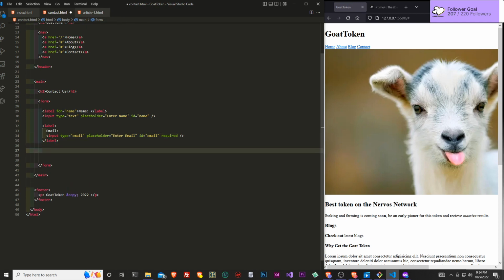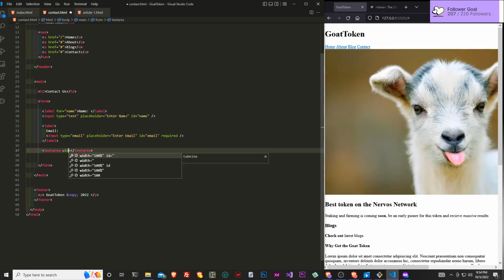And not only that, we are going to have a text area. A text area basically means that you'll see where the user will be able to type.